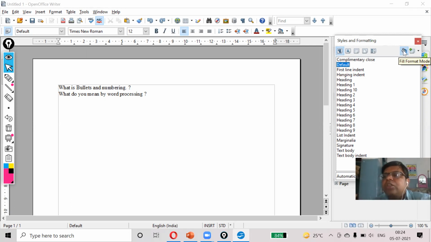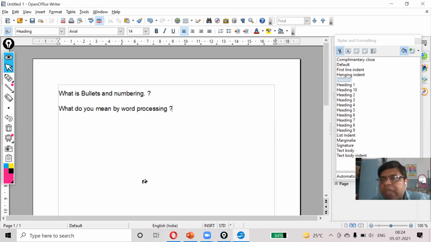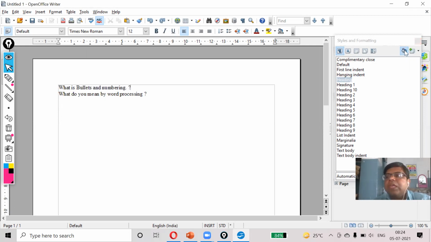I will click on that and then choose the style. Now you can see both have the same effect as I click on both one by one. So this is the use of fill format mode.